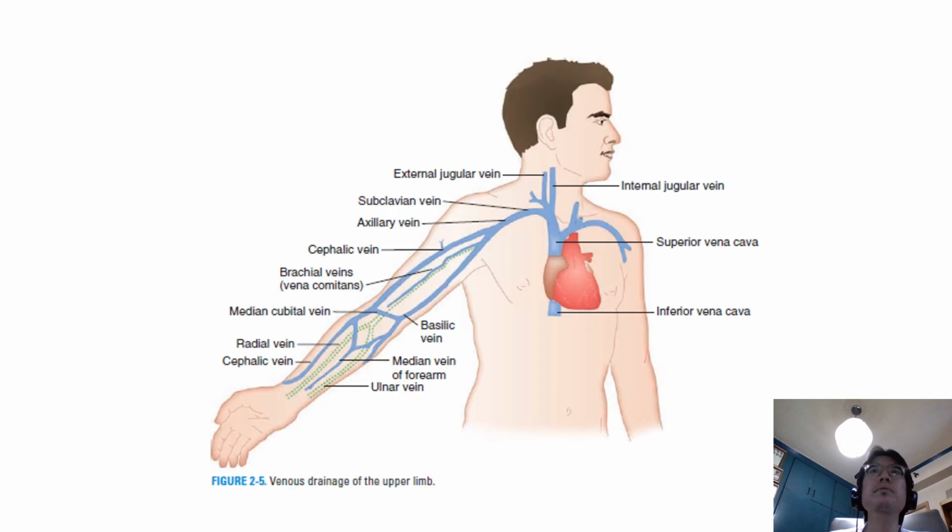We now move into the superficial veins of the upper limb. There are only a handful of important superficial veins for the upper limb, starting with the cephalic vein. The cephalic vein begins as the radial continuation of the dorsal venous network. It runs on the lateral side, and it is often connected with the basilic vein on the opposite end by the median cubital vein in front of the elbow.